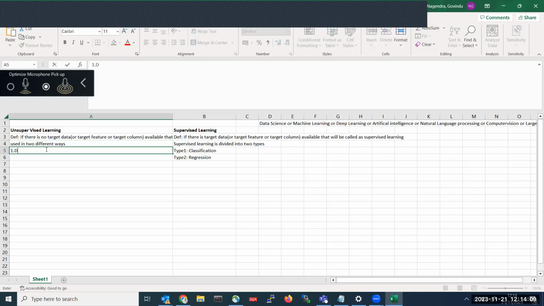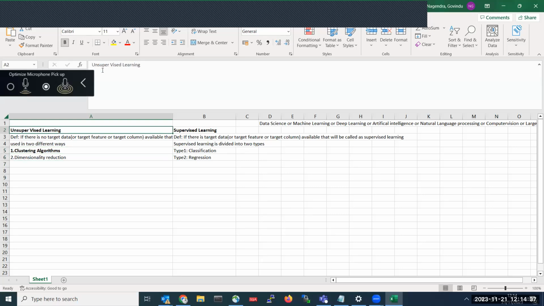First one is clustering algorithms. Next one is dimensionality reduction. So normally this clustering algorithm is the main thing, and this dimensionality reduction will also be called unsupervised learning only.